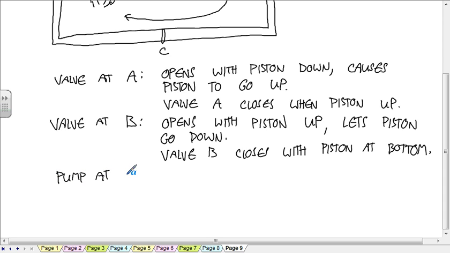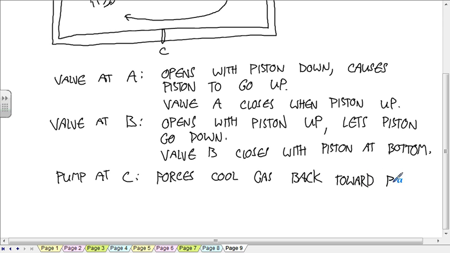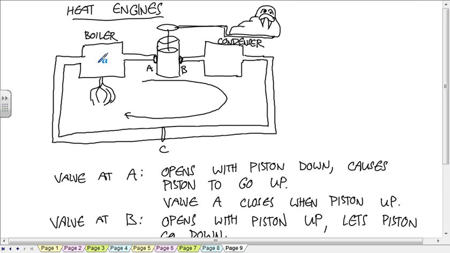And so there's a pump at C that forces the cool gas back toward the boiler. And so what you get with this system is open this one, let the hot gas in there. This goes up, let it out to cool down, it goes down. Let in more of the hot stuff, it goes up, down, and this piston just goes up and down